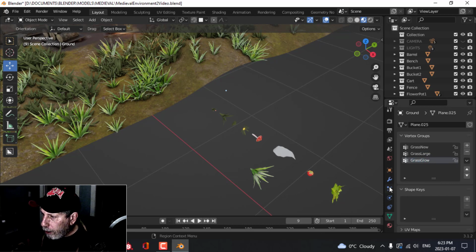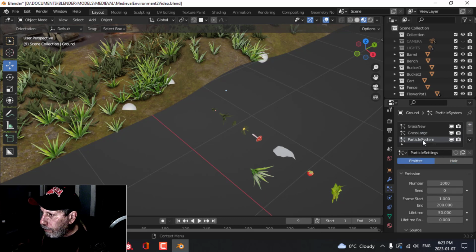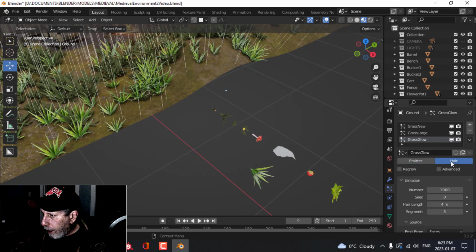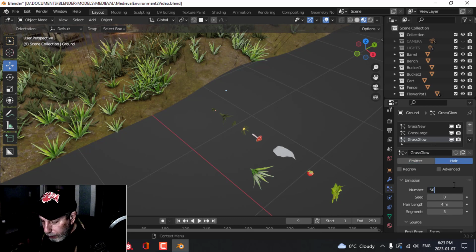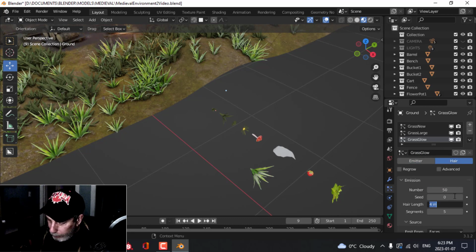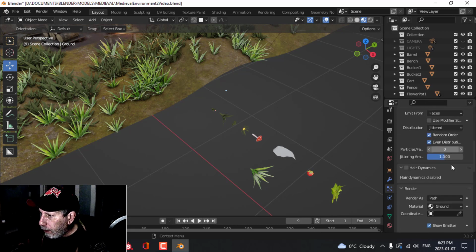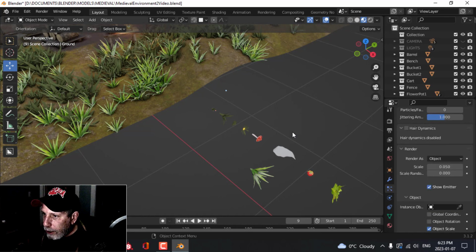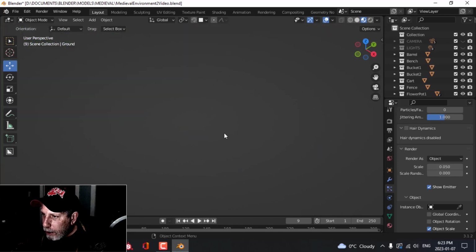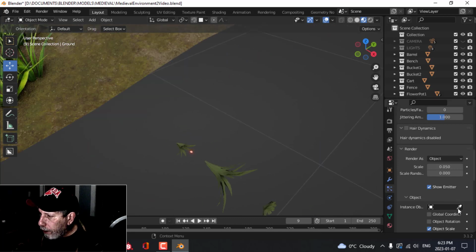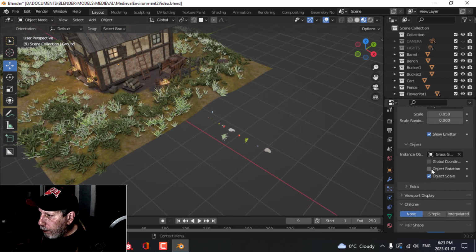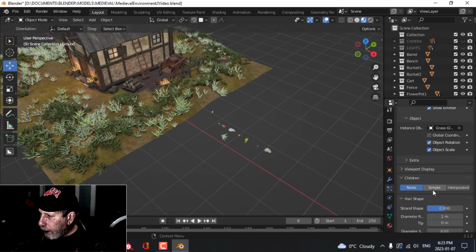Another vertex group, another particle system. Grass glow. Grass glow. We'll do hair. This one I do not want too many. I'm going to try 50. Hair length of 1. I'm going to use the object, and the object is this thing here that has an emission at the very end. So that guy, and we'll probably do this, and